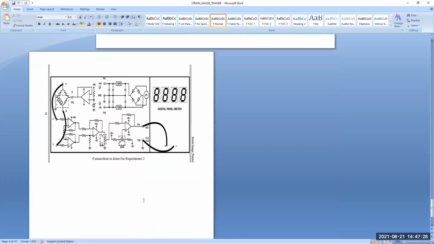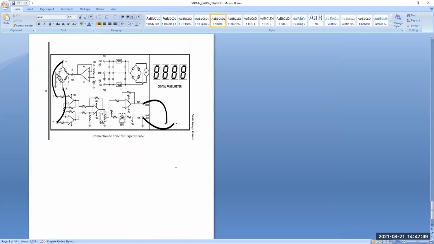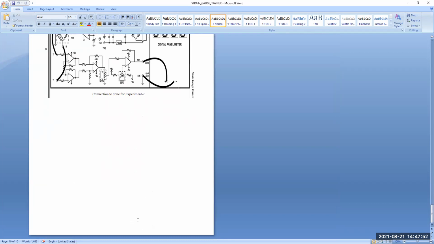This is the circuit of the next experiment. Here T4 and T5 are connected with positive and negative respectively, and the terminals are connected as per our circuit loading system itself. We have to turn the bolt to take the reading from this particular direction. Well, this is more or less the theory of the strain gauges. Let us go through the practical problems again.